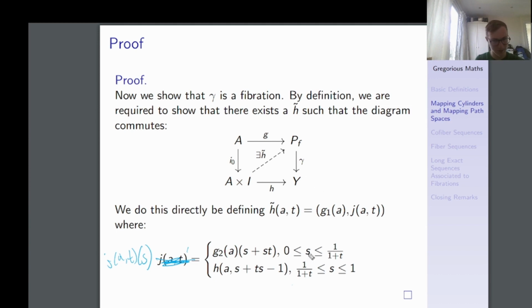Let's just unpack the craziness by checking that it works. So we'll go through this triangle by triangle. So firstly, let's look at this triangle here. What do we need? We need to show that H tilde of,